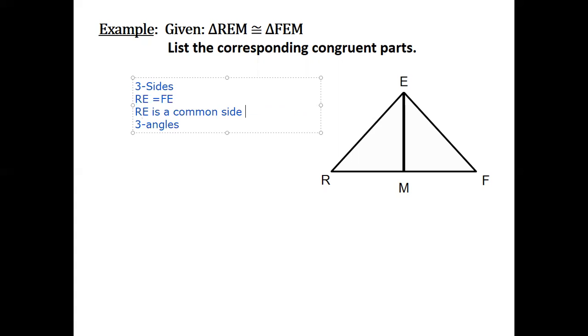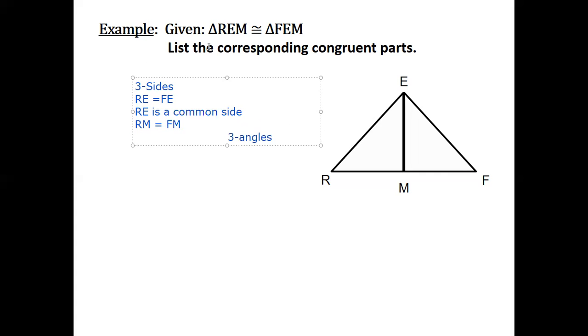And then we have the third one, it will be RM with FM. Then first with second, RE with FE, EM with EM, and we said that this is a common side, and then we have RM with FM. So the third will be RM with FM. So these are the three sides which will be congruent sides,